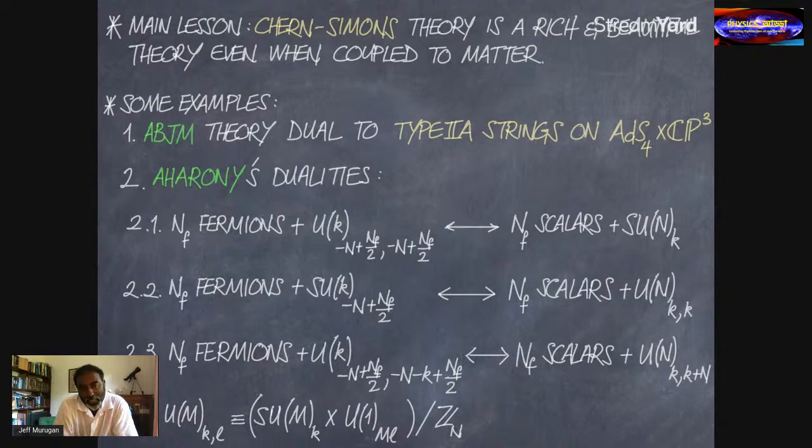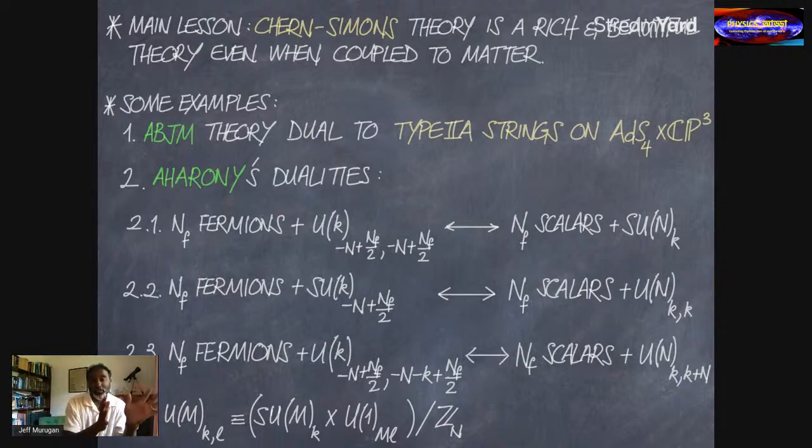And the first one says that if I have some number, let's call it NF, of fermions coupled to a U(N) Chern-Simons theory at level minus N plus NF over 2, where this notation of splitting of the level is defined at the bottom of your screen, where at level K comma L is SU(N) level K cross U(1) level NL, modded out by, quotiented out by the discrete group Z_N. Those are technicalities you don't have to worry about. The point is that there are three of these